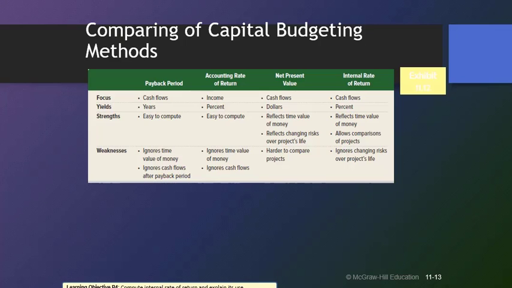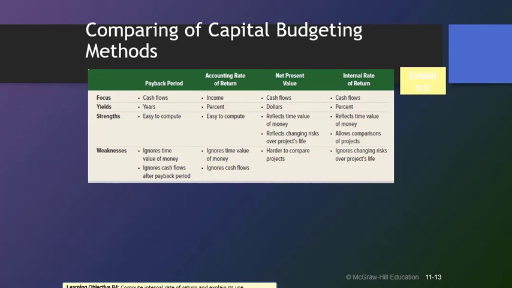Okay, so here we see a very quick comparison of those 4 methods that we've talked about. Basically, the payback period is the simplest method. Again, it's not commonly used because it ignores the time value of money. Same thing with the accounting rate of return. It's simple, but it's not that commonly used because it ignores time value of money. Net present value considers all net cash flows from a project. It can be applied to equal and unequal cash flows, and it can reflect changes in the level of risk